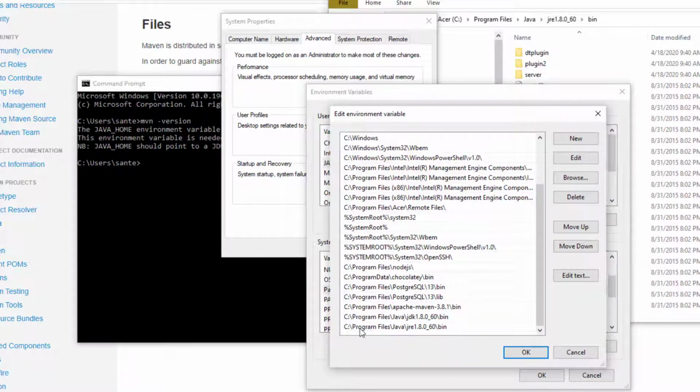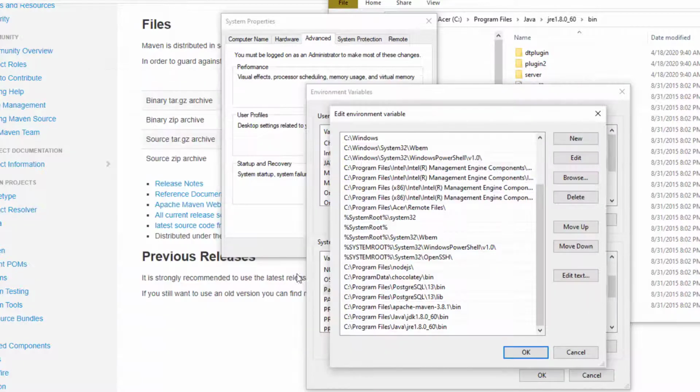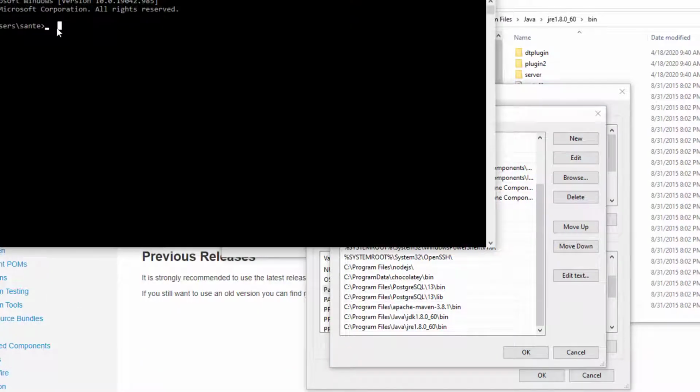So basically if you edit here, you see we have Java and Apache Maven. Actually you need to add this first before this, but I just added this to show you that it was not going to be possible. But now it's going to be possible because I've added the Java JDK and Java JRE. Usually you have to add this first and then this for it to work. So now you have to close this first, and then go back to CMD, and let's start with javac to make sure that Java is working. javac is not recognized.